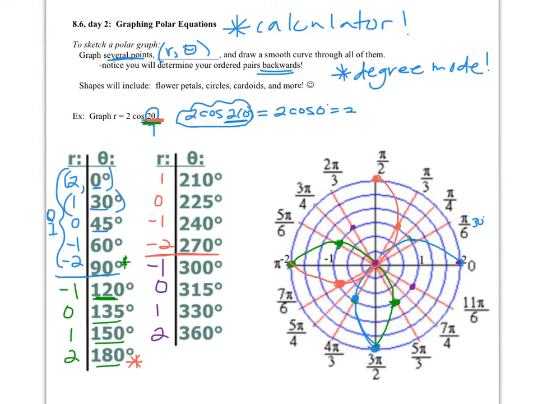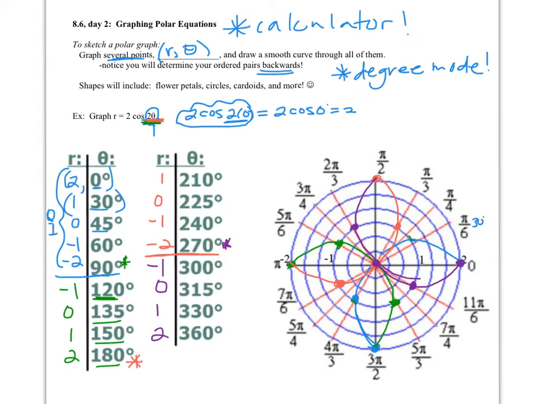So as I plotted -1, 300, that put me almost all the way around back up here into quadrant 2. 0, again, puts me right in the middle. 1, 330 puts me way down in quadrant 4. And then 2, 360 brings you right back to the beginning. If we start at -2, 270 up at the top, connect through those last sets of points. Whoops, I missed that curve there. There we go. We end up with a 4-petal